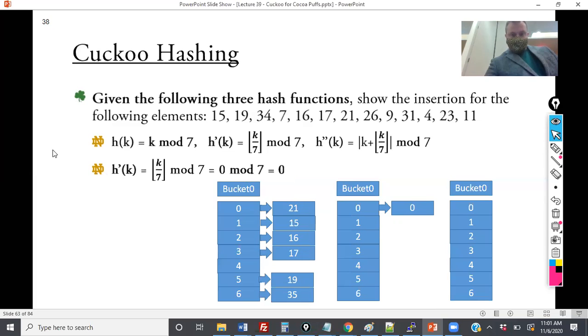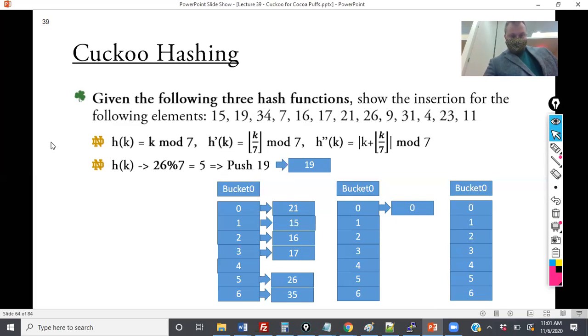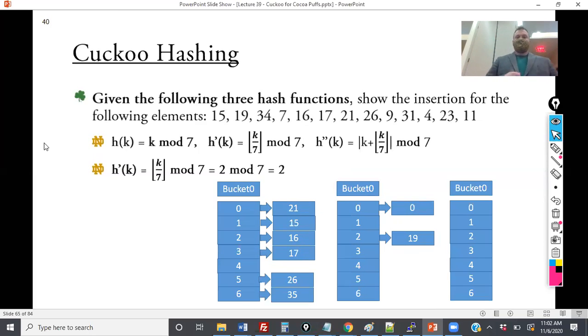26 replaces 19. Very good. So they're absolutely right. So Fan Kong is right. 26 replaces 19. So now what are we going to do here? So we have to do something with 19, right? Yep, same hash function. So 19 goes into 2. 19 divided by 7 is going to be 2, mod 7, which will be 2. Very good. All right, so now we have